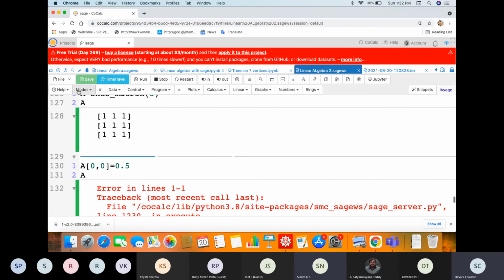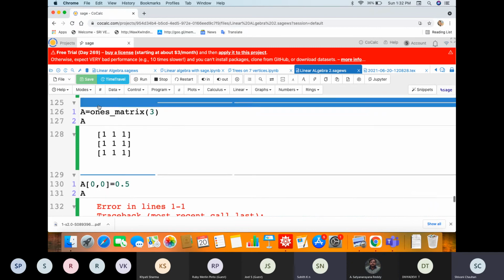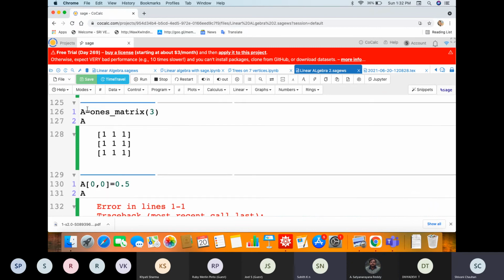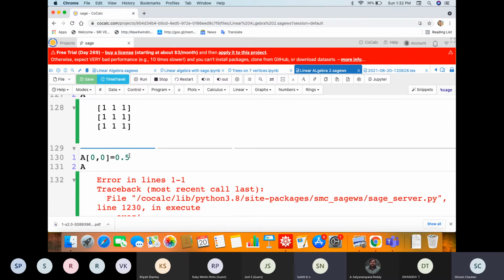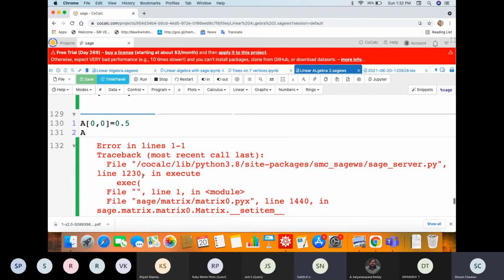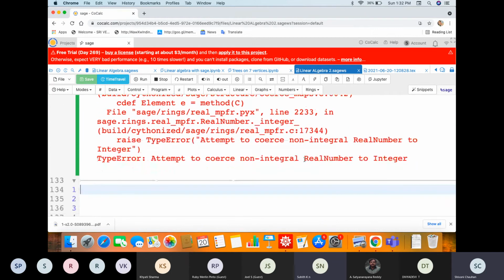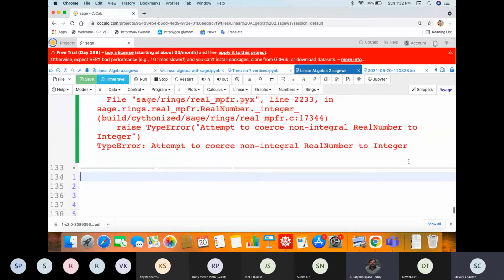Here A we have not defined, so by default it is taking A as this matrix. So field, I think. Integer.